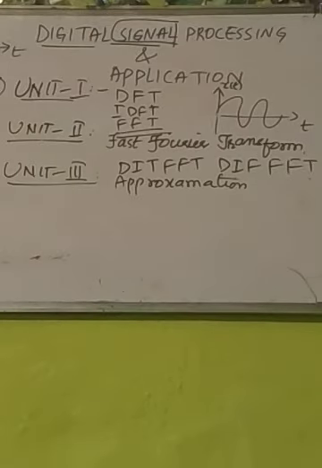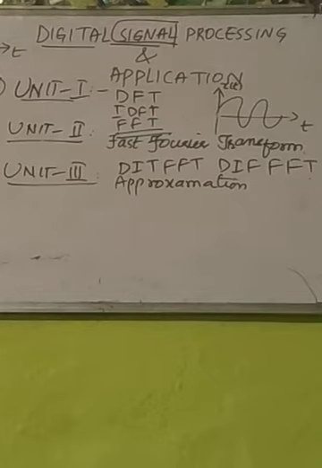So students, till now you have seen unit 1, unit 2, unit 3. In unit 1 we are learning about discrete Fourier transform. The basic thing we learn is digital signal processing: how the digital signal can be used, what systems and signals we have, and how we can process digital signals. You already know, digital signal means either 0 or 1. That is called a digital signal.